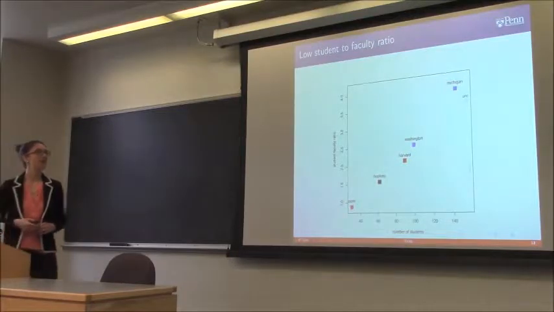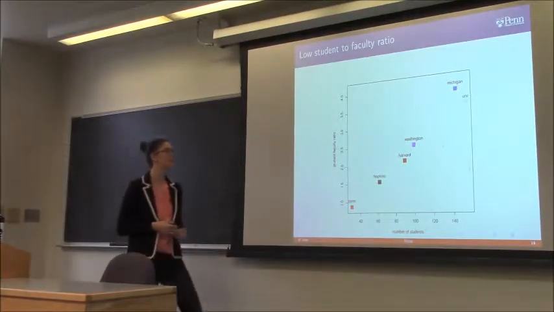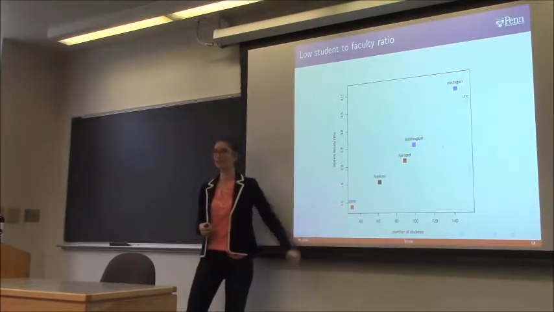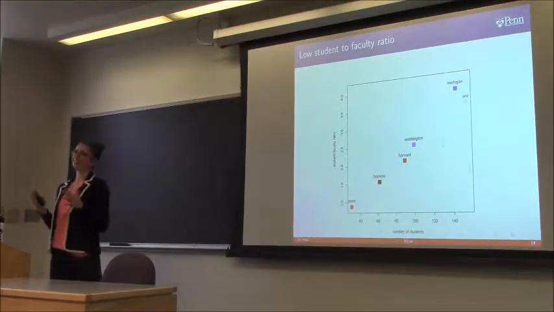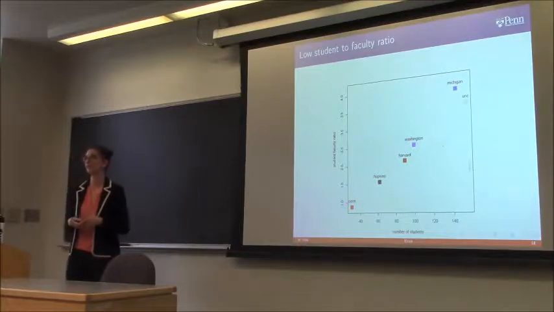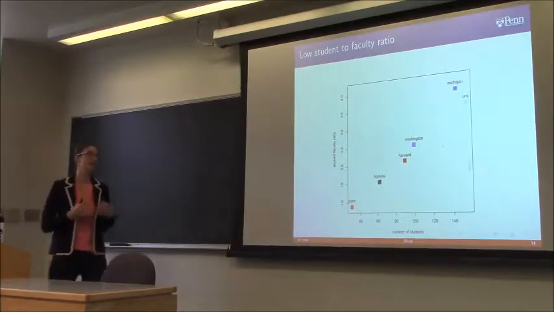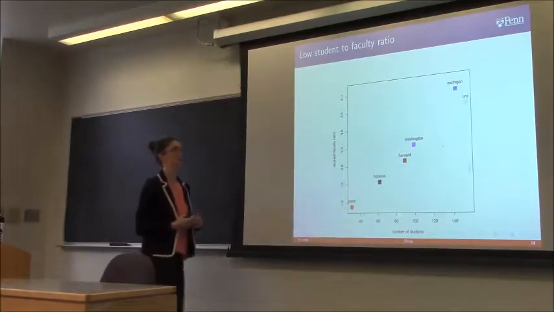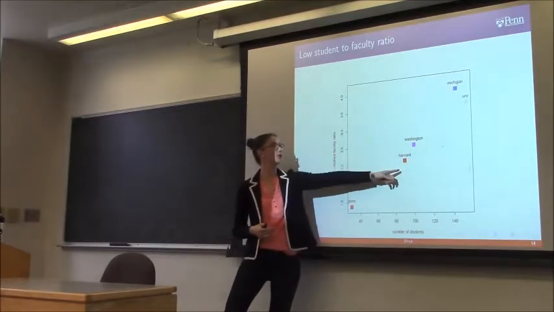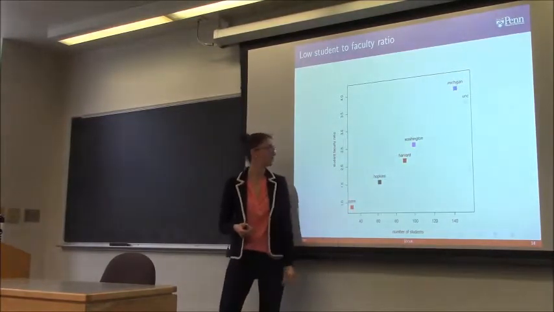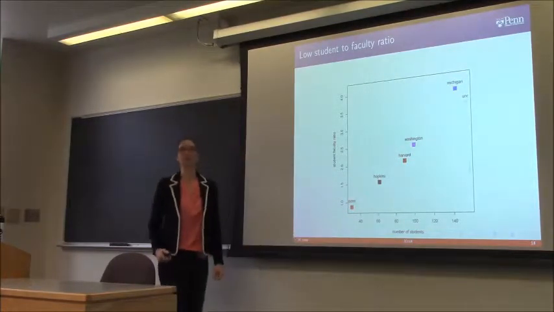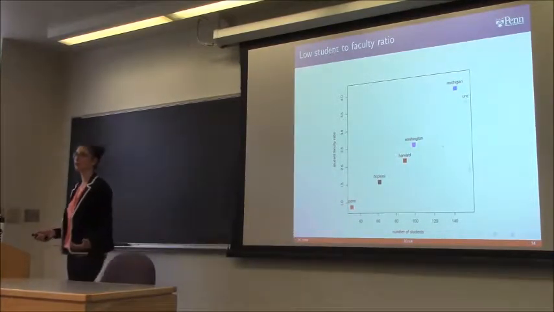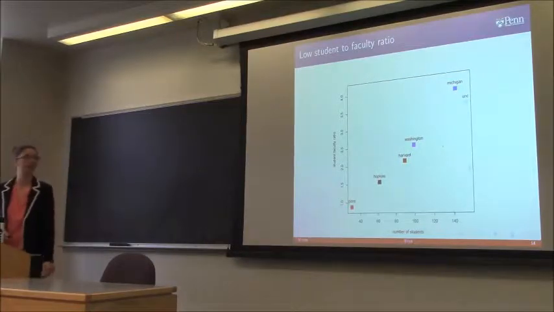So another benefit of going to Penn is our extremely low student to faculty ratio. What that means for you is that you get a lot of personalized attention and there's less competition for finding a dissertation advisor. It means the faculty are really available to help their students. Some of the other bigger programs you can see, especially University of Washington, where Peter and I graduated from, there's a lot of students in the department, so it creates a sort of competitive environment in order to find an advisor.